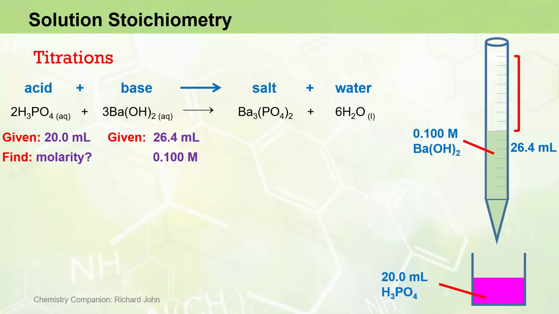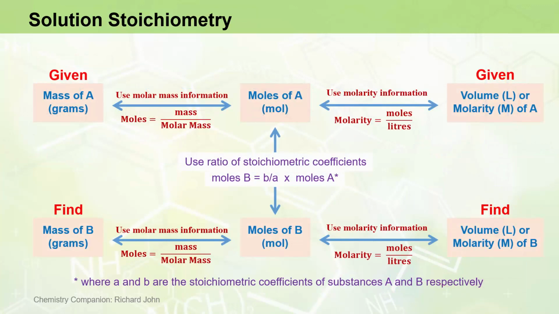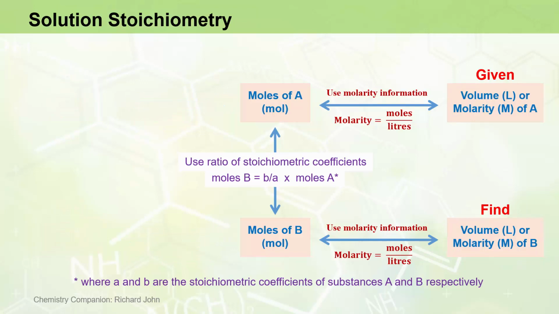So this is now starting to look familiar to us, because we can go to this diagram here and recognize that we've been given the volume and molarity data of one substance, and we're being asked to find the concentration or molarity of another substance. And so the relevant part of this diagram is the right-hand side. We've been given the volume and molarity information about barium hydroxide,